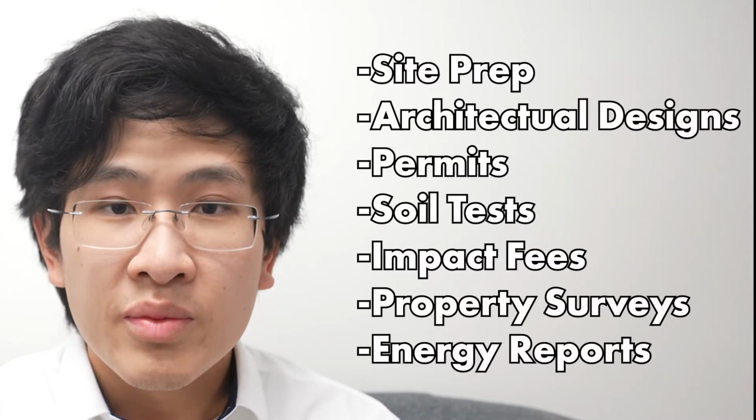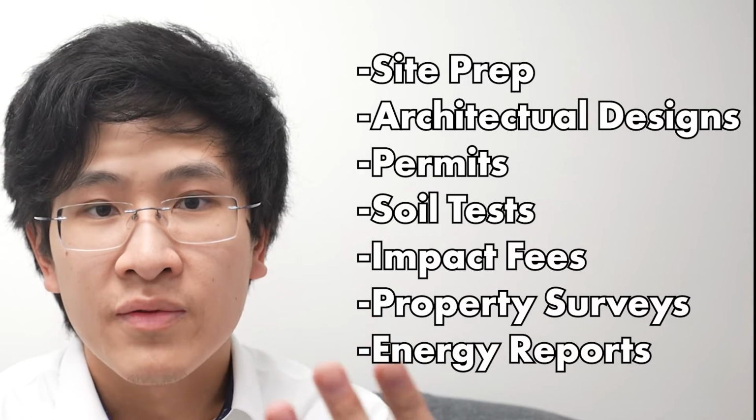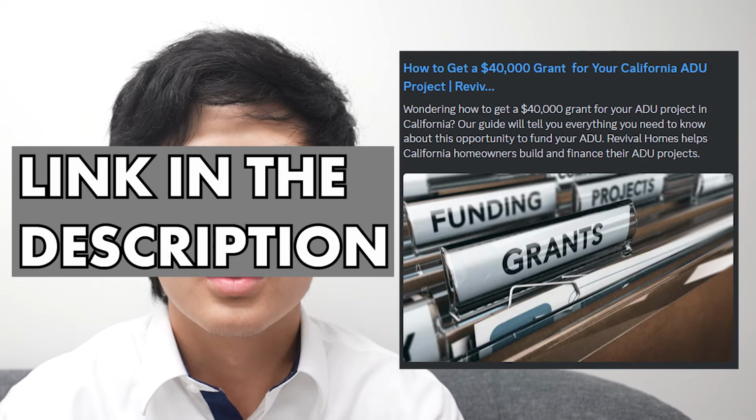CalHFA has this ADU grant that provides up to $40,000 towards pre-development and non-recurring closing costs associated with the construction of the ADU. That means you have pre-development costs, which also include site prep, architectural designs, permits, soil tests, impact fees, property surveys, and energy reports. If you are considering adding an additional unit to your house, please go to...